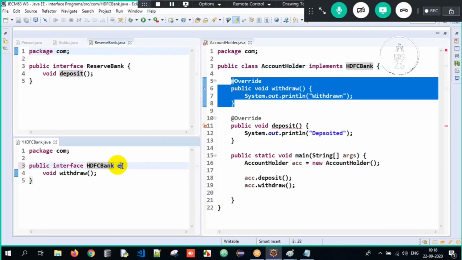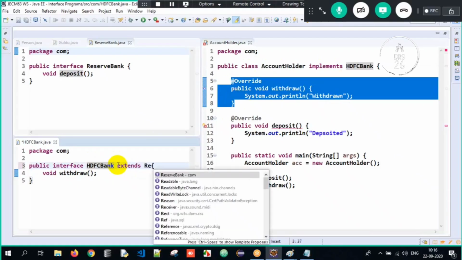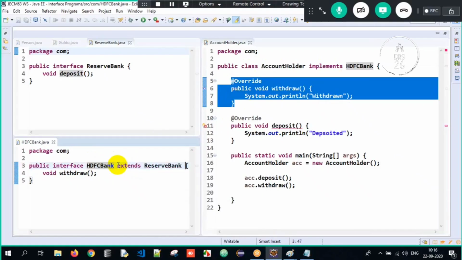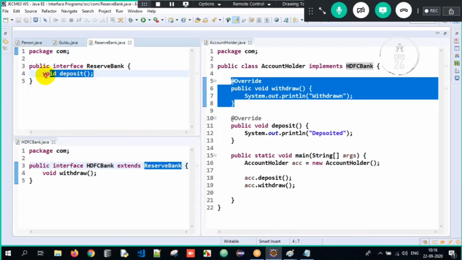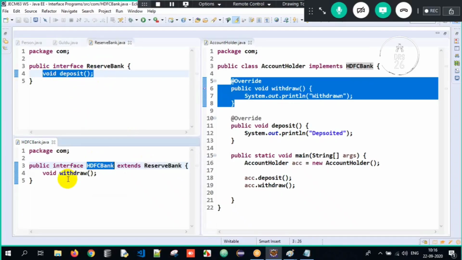Now, when I say extends Reserve Bank, what do you mean by inheritance? Acquiring the properties, no? So HDFC Bank extends Reserve Bank, meaning the deposit method from Reserve Bank is inherited into HDFC. That is what I told; this is probably the third time I'm telling it. So HDFC Bank has two methods: the deposit method, which is implicitly inherited, and the withdraw method, which is explicitly defined.